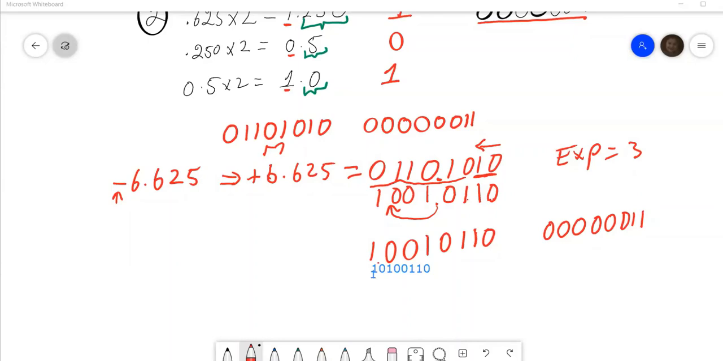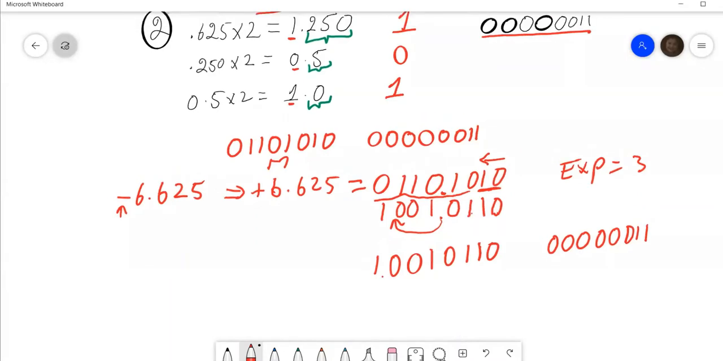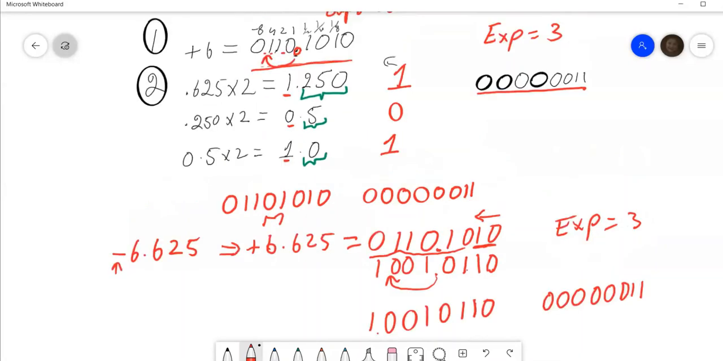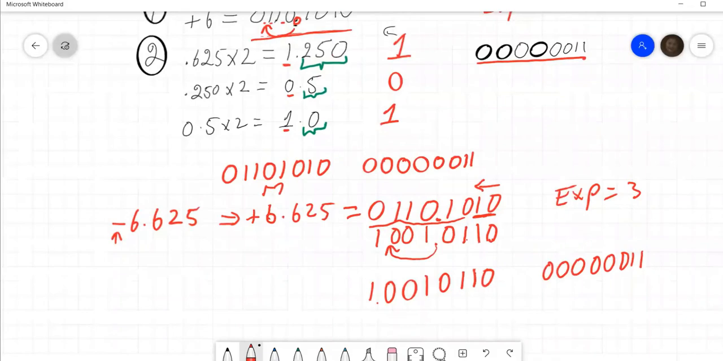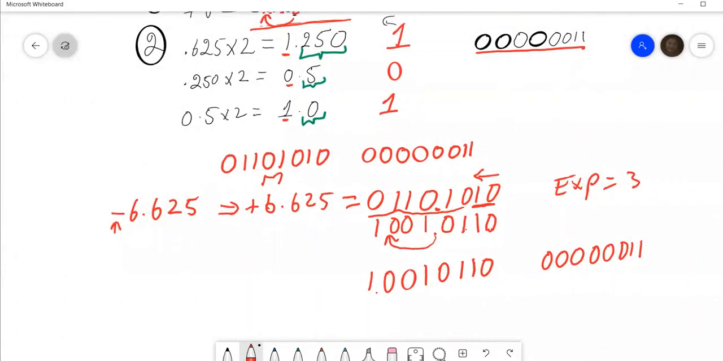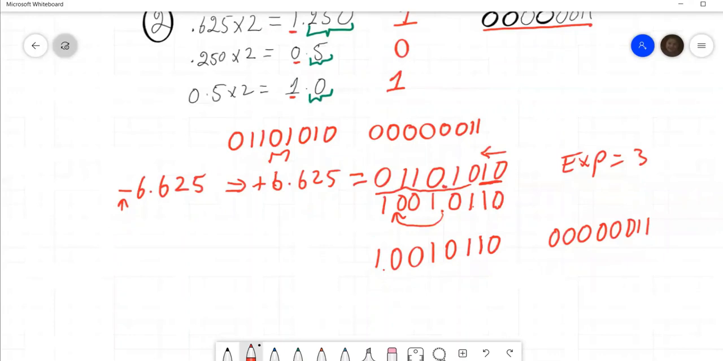ये ऊपर हमारे पास देखते हैं 0 1 1 0 1 0 1 0 और ये एक्सपोनेंट था 3। तो -6 पॉइंट, तो 0 1 1 0 1 0 1 0, इसको मैंने फ्लिप किया। जब फ्लिप किया तो ये 0 1 हो गया, ये 1 0 हो गया, ये 0 1 हो गया, ये 1 0 हो गया, ये 1 0 हो गया और ये 0 1 हो गया।